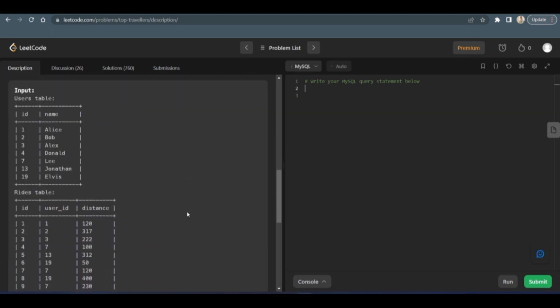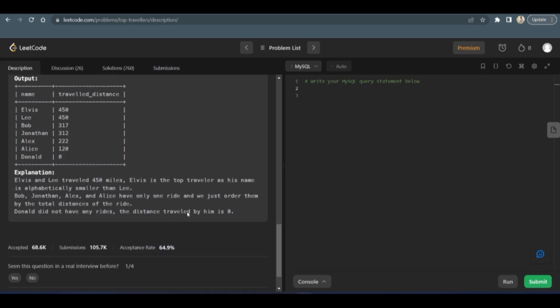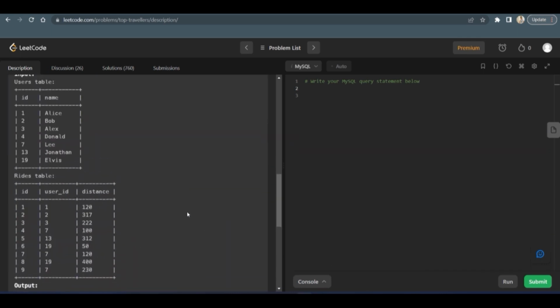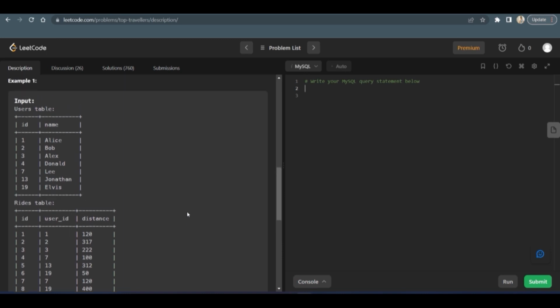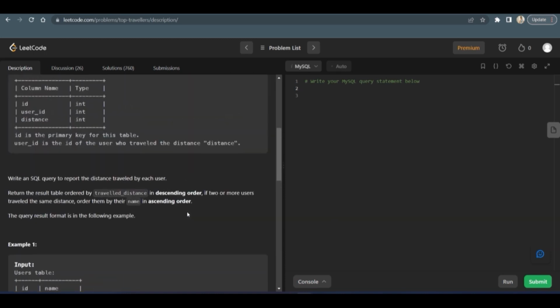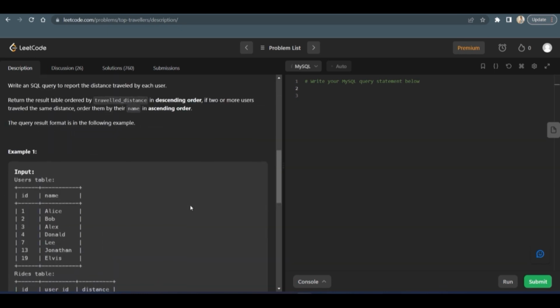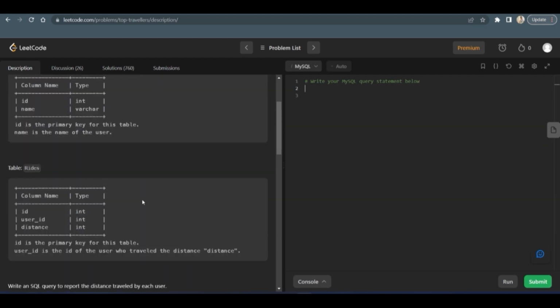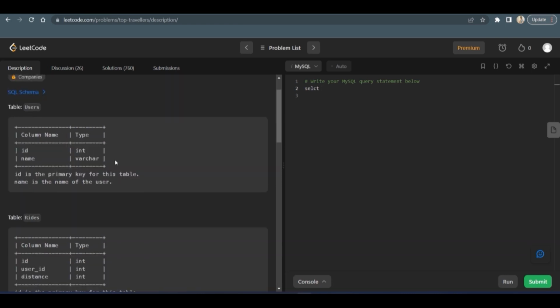You can see this is the input and output table. I think we don't need to look at this because it is a very easy query, but a little tricky one. So the trick is here only. First of all, we will write the required attributes, that is name and total travel distance for each user. So I will select name from the users table, for which I am going to use alias u. So u.name and sum of